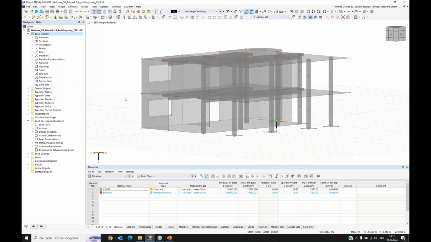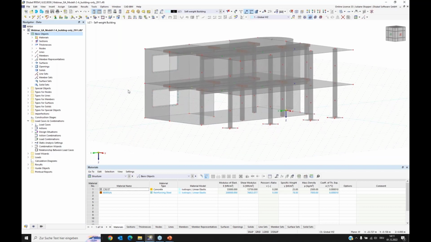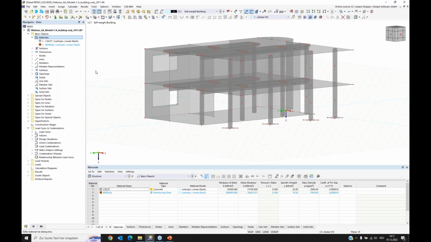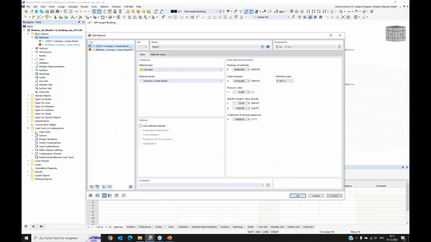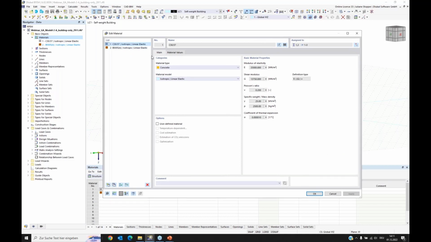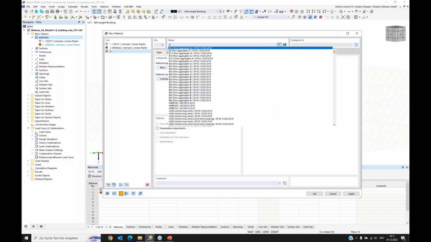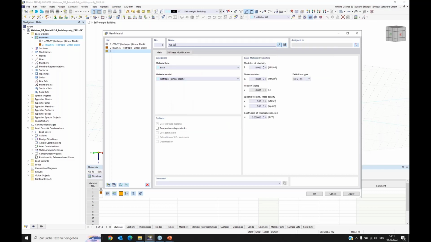Yeah, and now we can start to define the data. At first, I will go to the materials. We open the dialog, and here we can enter our soil materials. We already have the concrete and the reinforcement steel. I will now create a new material, and it will be my first material. It's a fill layer, which is sandy,